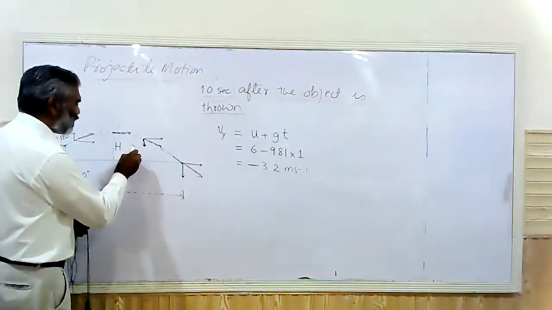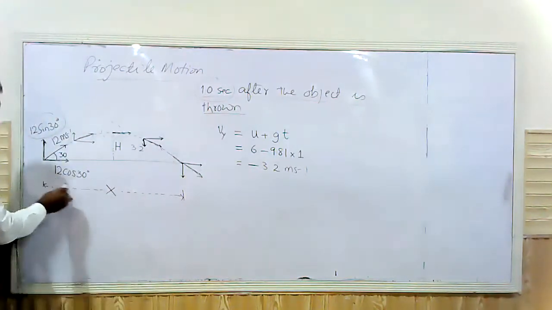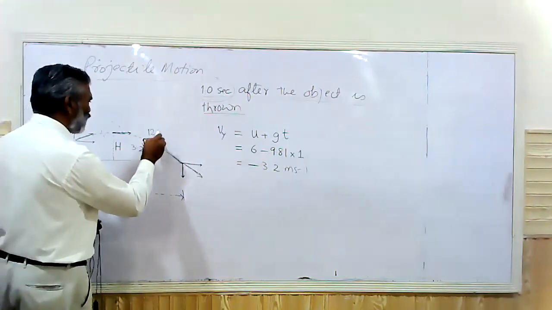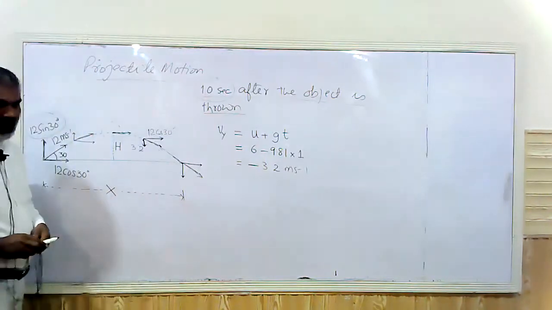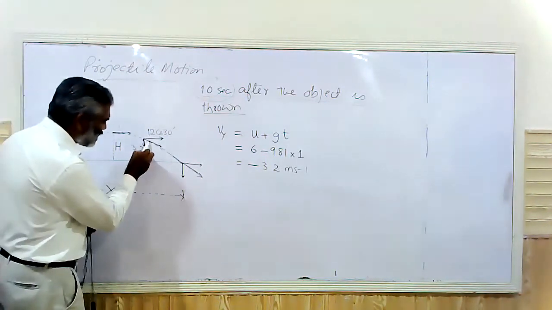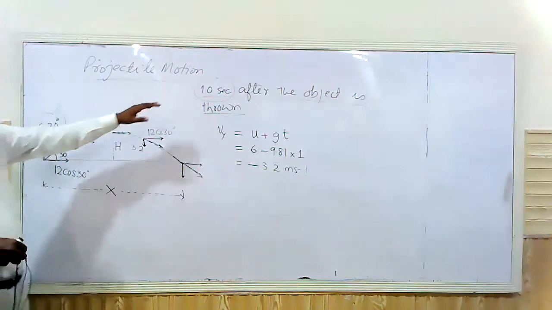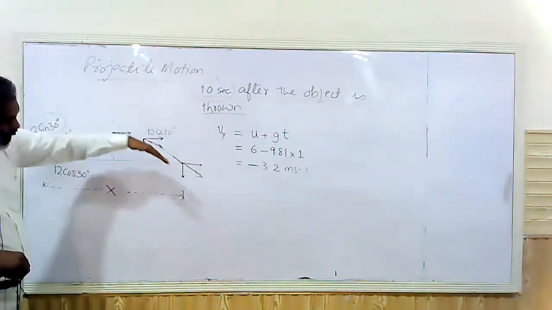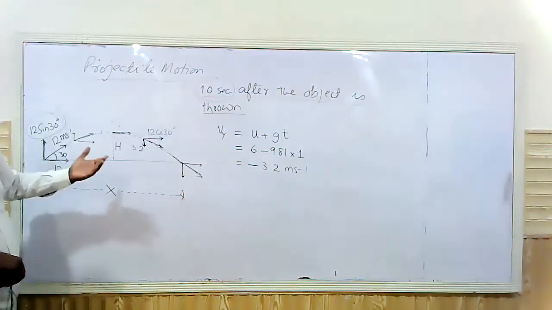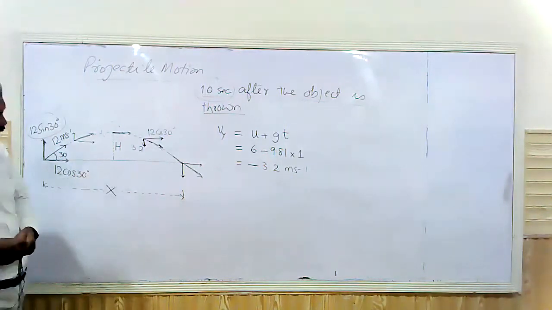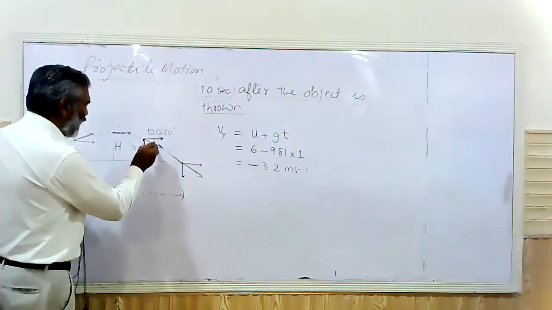If you know this to be 3.2 now, and you know this component already, which is 12 cos 30, the same 12 cos 30, you can use these two and apply Pythagoras to calculate this resultant velocity. That means the resultant velocity 1 second after is now downward at an angle to the horizontal or to the vertical. That angle can also be calculated using trigonometry ratio, because you know this side of the rectangle, you know this side of the rectangle, so this angle can also be calculated,